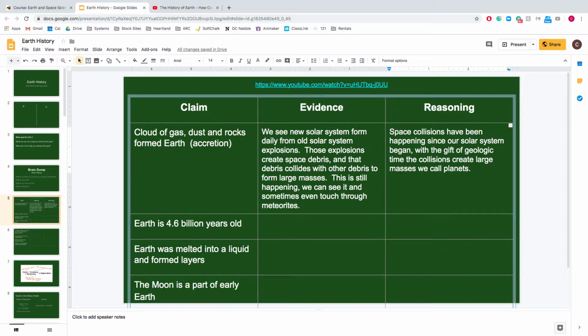if we also go into things like how we haven't learned all this yet, but how the moon formed and such, this is another example of these types of collisions. The space collisions have been happening since the beginning of time. With enough time, they create these large masses, and we call these large masses planets. This is the reasoning. So there's a little bit of reasoning here in the evidence. So you could break this down a little bit,